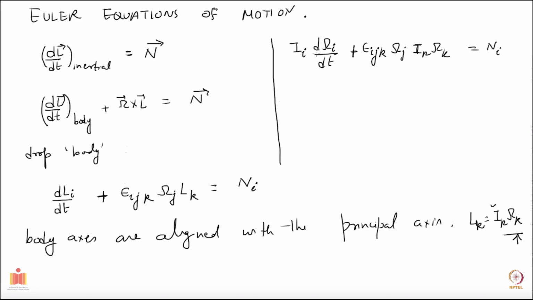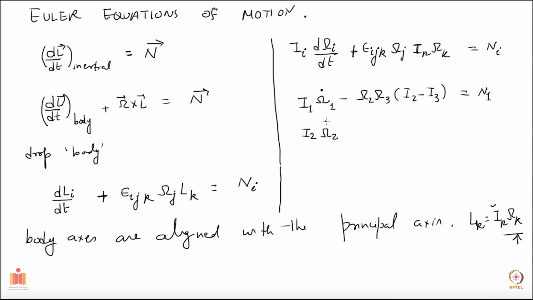There's no summation over i in this, and now I just want to write it for all the 3 components explicitly. So using the antisymmetry of epsilon_ijk, you can write down the following: I1 omega 1 dot plus or minus omega 2 omega 3 (I2 minus I3). This is fairly easy to see and you will be able to do it. And then if you look at the second component,